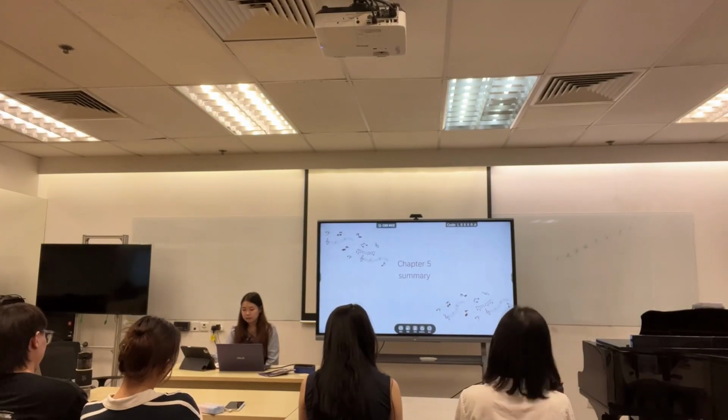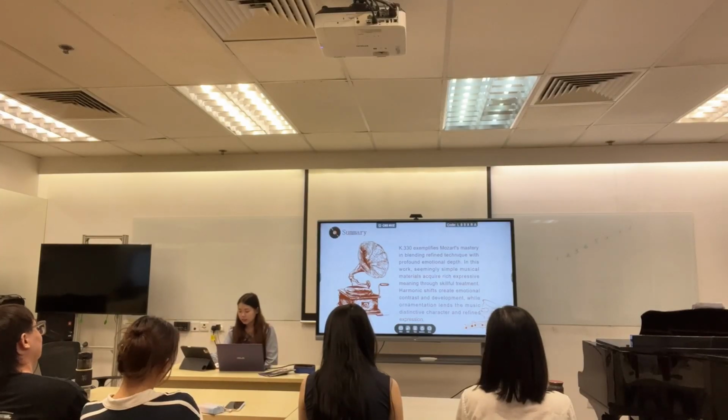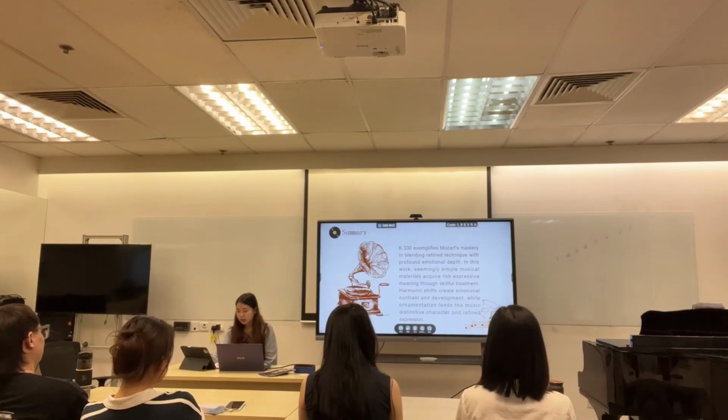The last part, conclusion. Through the analysis of harmony, ornaments, touch, and pedal in Mozart's Piano Sonata K330, we can clearly see the close connection between musical technique and emotional expression. Harmony as the structural framework provides the basic emotional outlines through tonal layout, harmonic progression